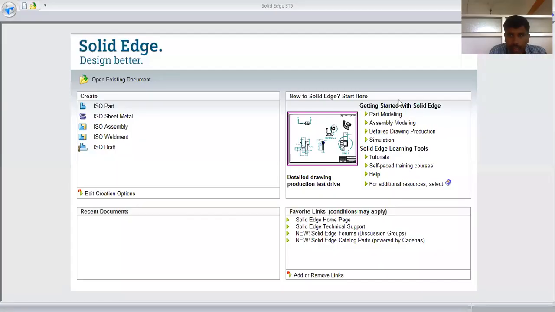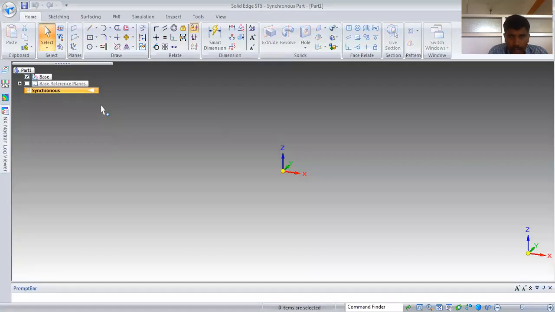So first, after clicking on the Solid Edge icon button, you'll see this screen, and you have to select the ISO part. Once it is selected, you'll see the screen with the various commands: the application menu, quick access toolbar, and drawing commands.